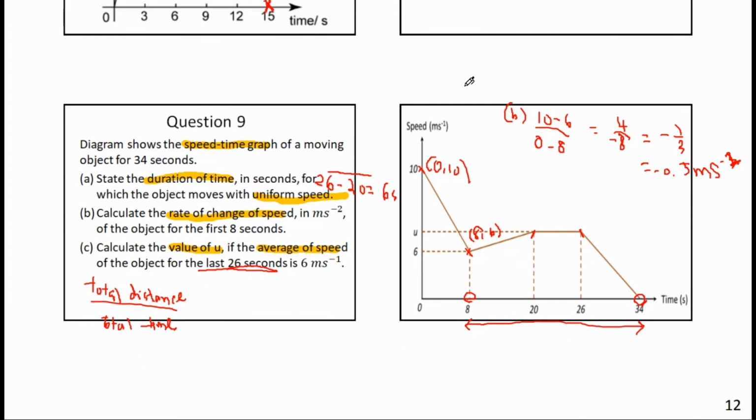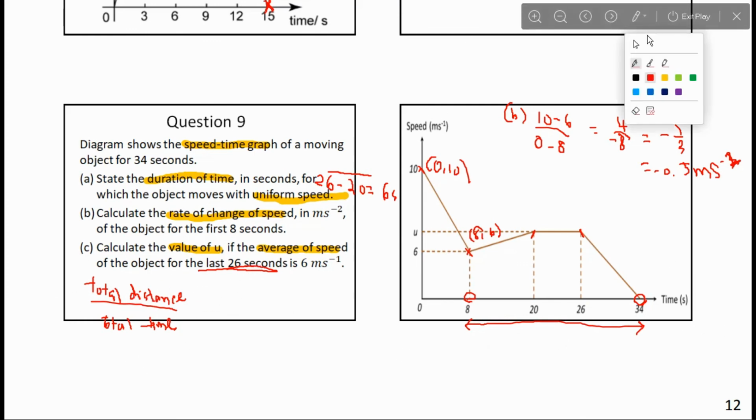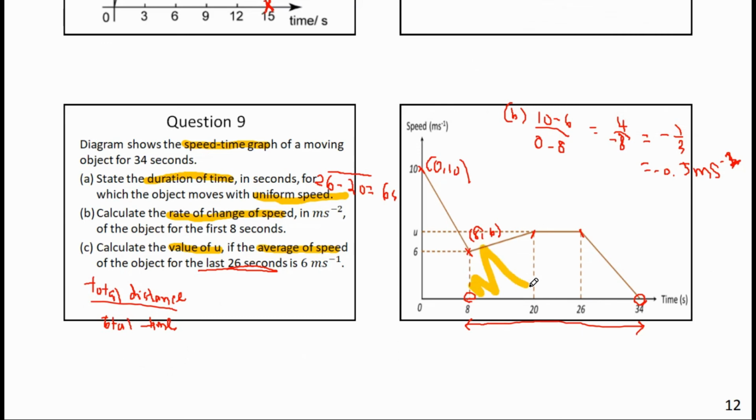So how to find total distance from a speed against time graph? We have to find the area under the graph. Okay, again, we divide this area under the graph into 3 parts. This is A, this is B, and this is C. So for part A, this is a trapezium. The area will be half times the parallel sides (6 plus U) times the height 12,